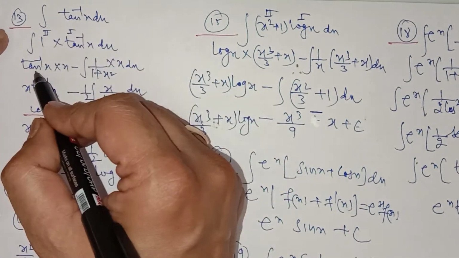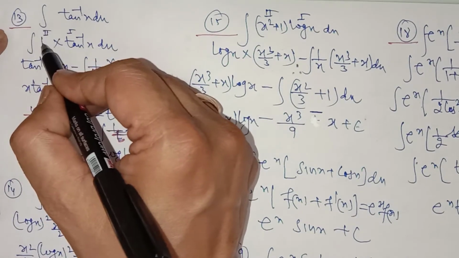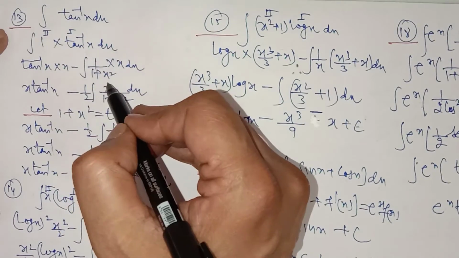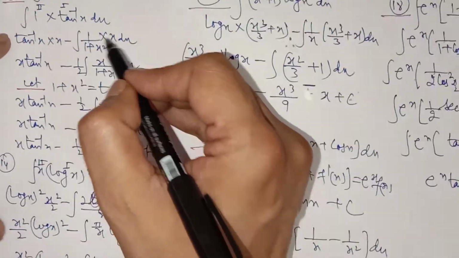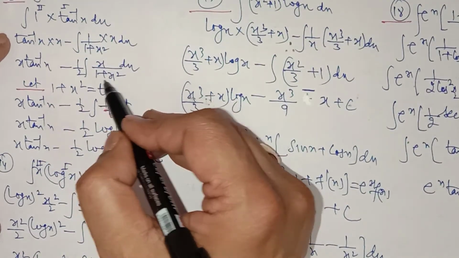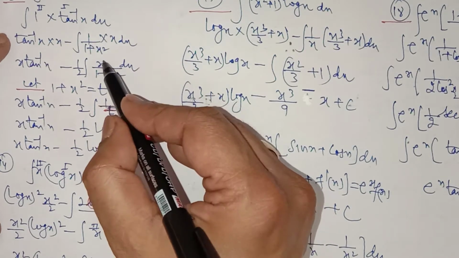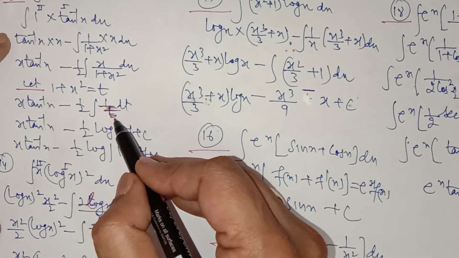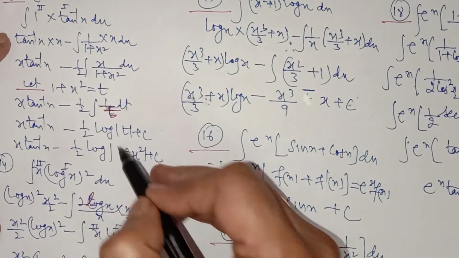first function as it is, that is tan inverse x, into integral of second, which is 1, integral of 1 is x, minus derivative of tan inverse x, which is 1 upon 1 plus x square, into integral of the second function, which is x. So minus half x upon 1 plus x square. You know how to integrate this. You can let 1 plus x square equal to t, and dt upon dx. When you put, the x will be cancelled out and 1 upon t will be there. Its integral is log t, and replace the value of t, which is 1 plus x square.